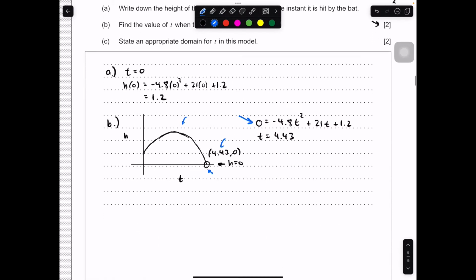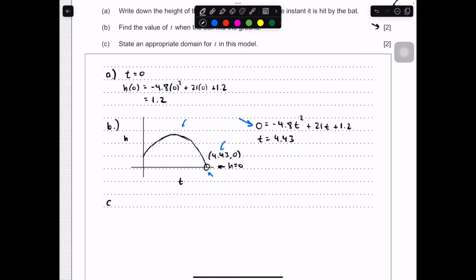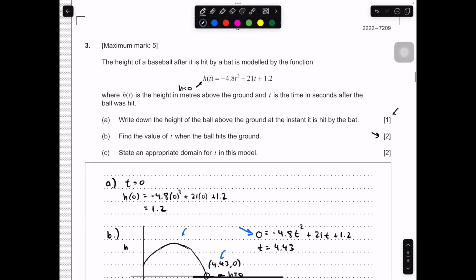Part C, state an appropriate domain for t in this model. Okay. So an appropriate domain, what are they talking about? So remember, domain are the set of inputs and the range are the set of outputs. In this case, our inputs are t. In this case, an appropriate set of values for t that we could feed into this model and expect a